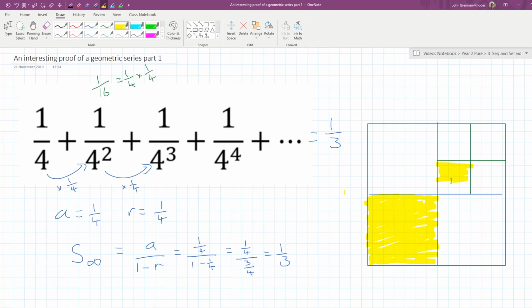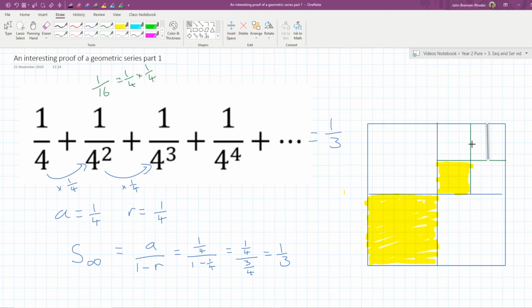This little bit here is a quarter of a quarter. Now I want to take 1 over 4 cubed, a quarter of a quarter of a quarter. That means I want to take this quarter here